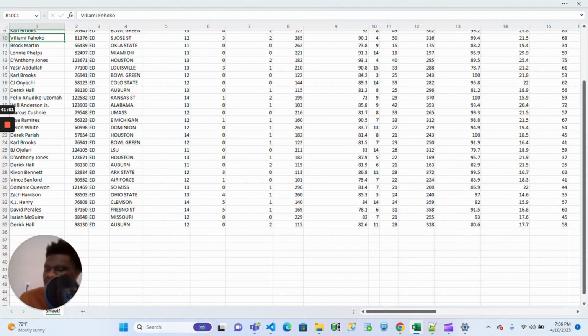I would say Derick Hall is a really good pass rusher. He is. He's not the same pass rusher as Lonnie Phelps. However, he's a way better overall player than Lonnie Phelps. He just is. Let me read you his stats here, because